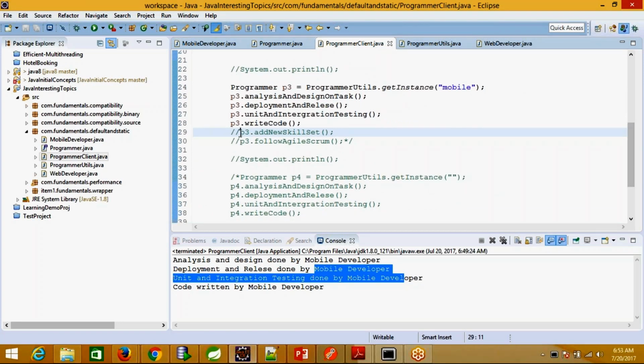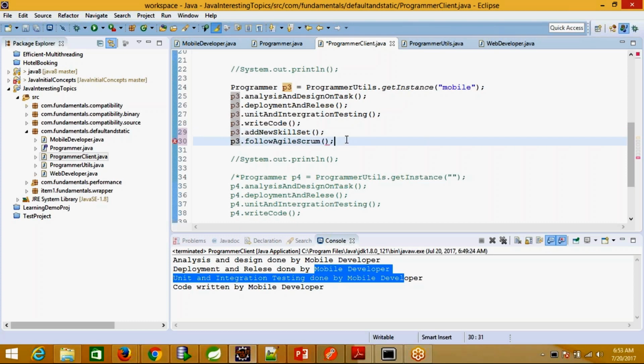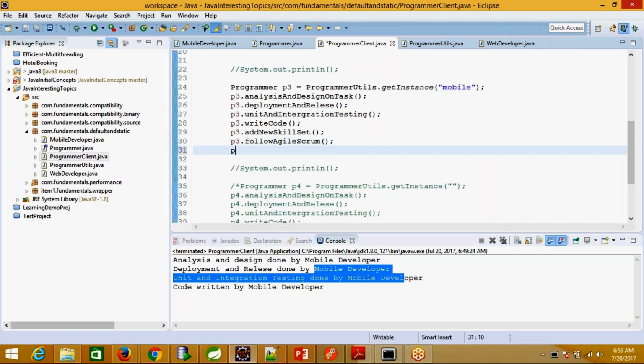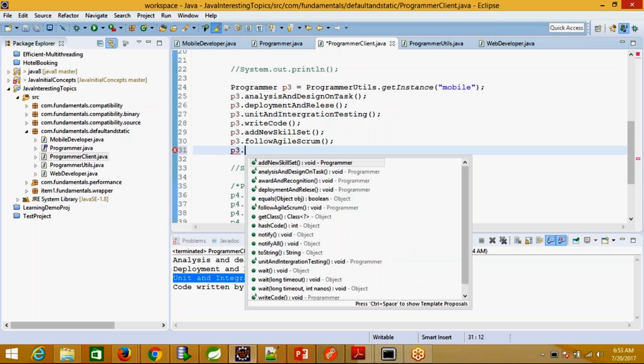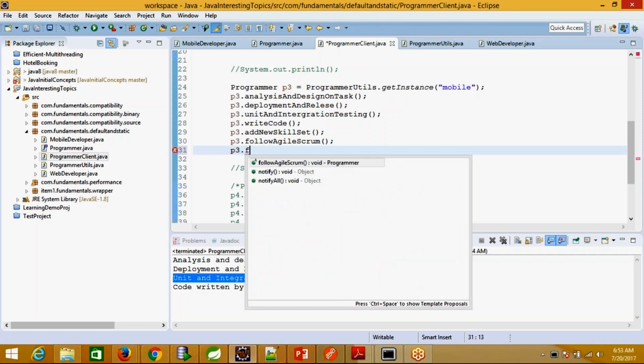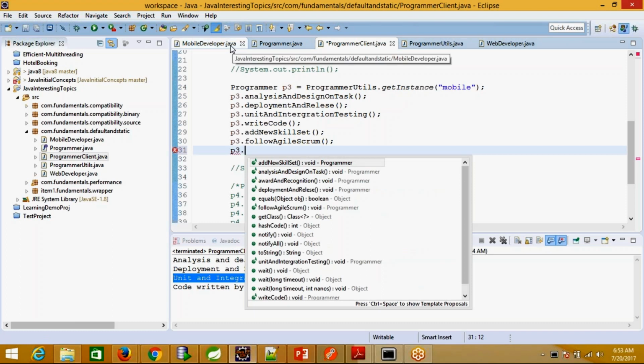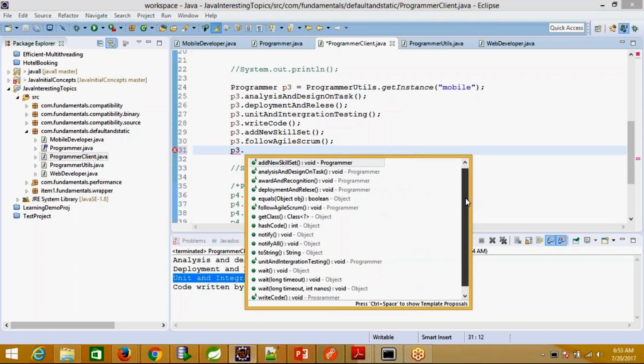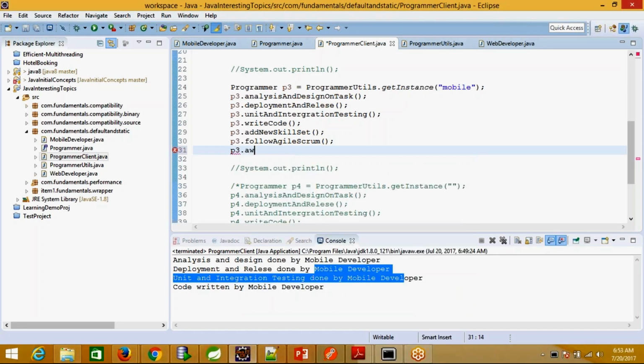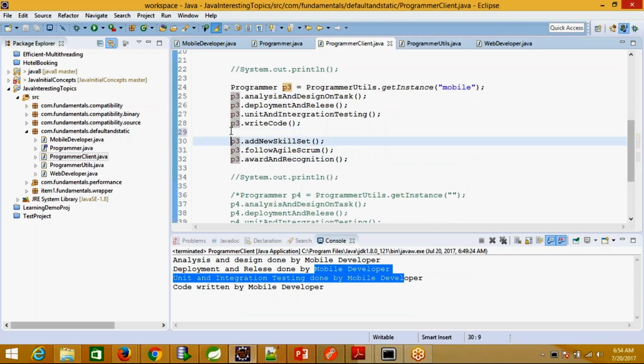Say, for example, the client program wants to print two new features only, or let's include the third one also. Agile Scrum, and the third one is, sorry, all right. So these three features get added here.